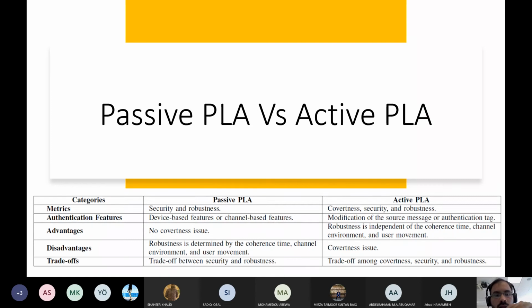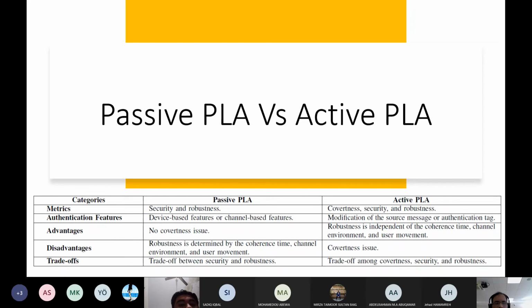Okay. Here I compare briefly passive and active physical layer authentication. The categories we are comparing are merits, authentication features, advantages, disadvantages, and trade-offs.